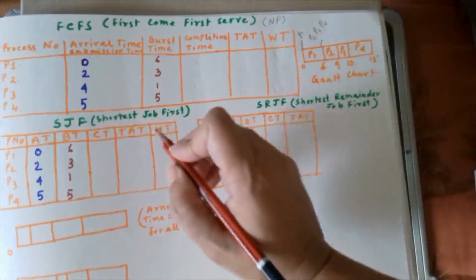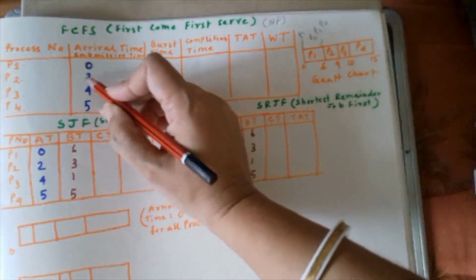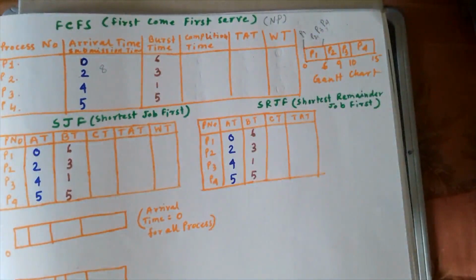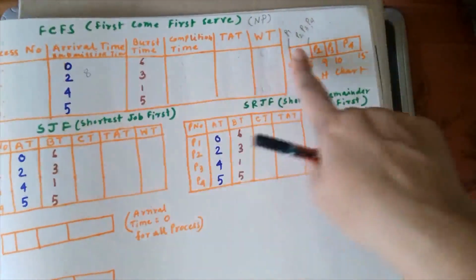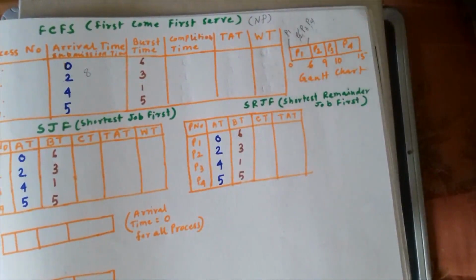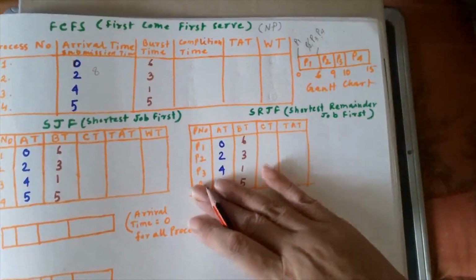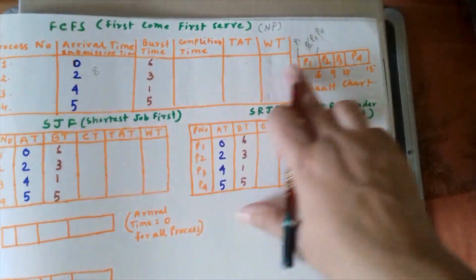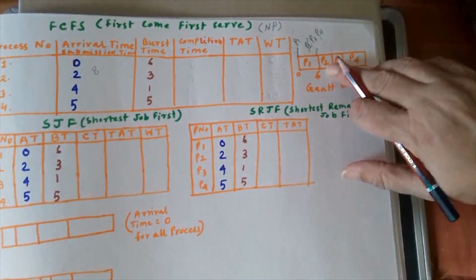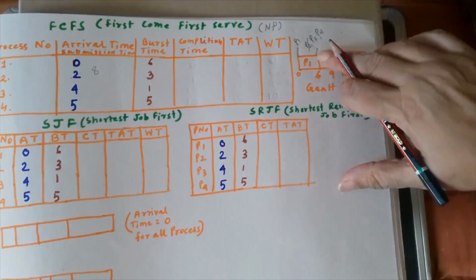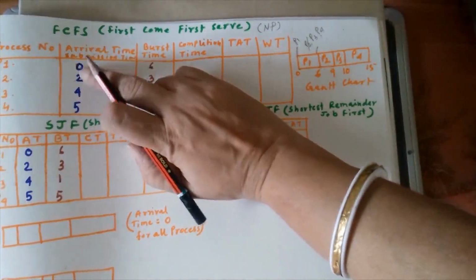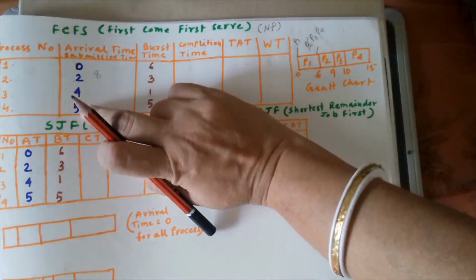Now when will it vary? Suppose this process's arrival time is 8. Let us assume that. If it is 8, what will happen? At that moment of time, P2 will not be there in the picture. That is another type of problem I am talking about. Even so, I will solve it. At that moment, P2 will not be there; P2 will be arriving somewhere later. So at this moment, P3 and P4 will be there. According to arrival order, after P1, P3 entered, then P4 entered.